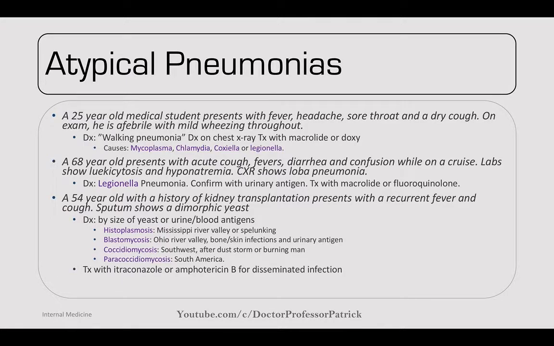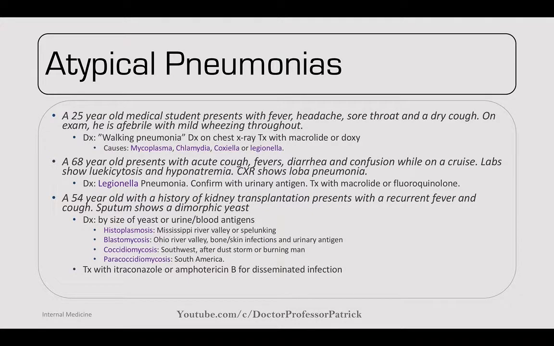Speaking of legionella, the common presenting finding for that is a 68-year-old with acute cough, fever, diarrhea, and confusion, which are unique. While on a cruise, labs show leukocytosis and hyponatremia. So chest x-ray shows a lobar pneumonia. So you can diagnose Legionella pneumonia with a urinary antigen, and you want to treat this with a macrolide or a fluoroquinolone. So some of the other things to look for: a 54-year-old man with a history of kidney transplants